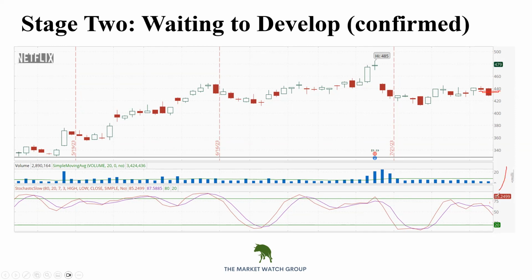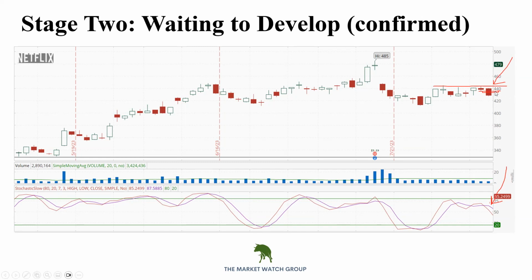But at this point, look at your stochastics. You've turned. Support is held. The price action is now bouncing down off of resistance. Confirmation. We're entering the trade. I would say that area is around 437, give or take. 437. Okay, makes sense? Let me know if you have any questions.